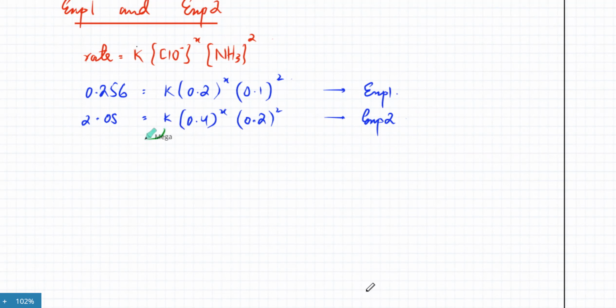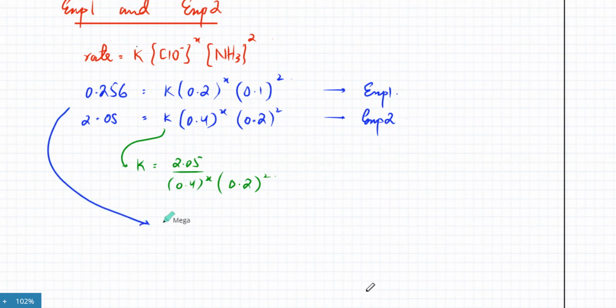So what you can do is you can use this K. I mean, what would this K be equal to? This K is equal to 2.05 divided by what? 0.4 power X. And the other divided by 0.2 squared, right? So use this K and substitute this K into the first equation. So it's going to be 0.256